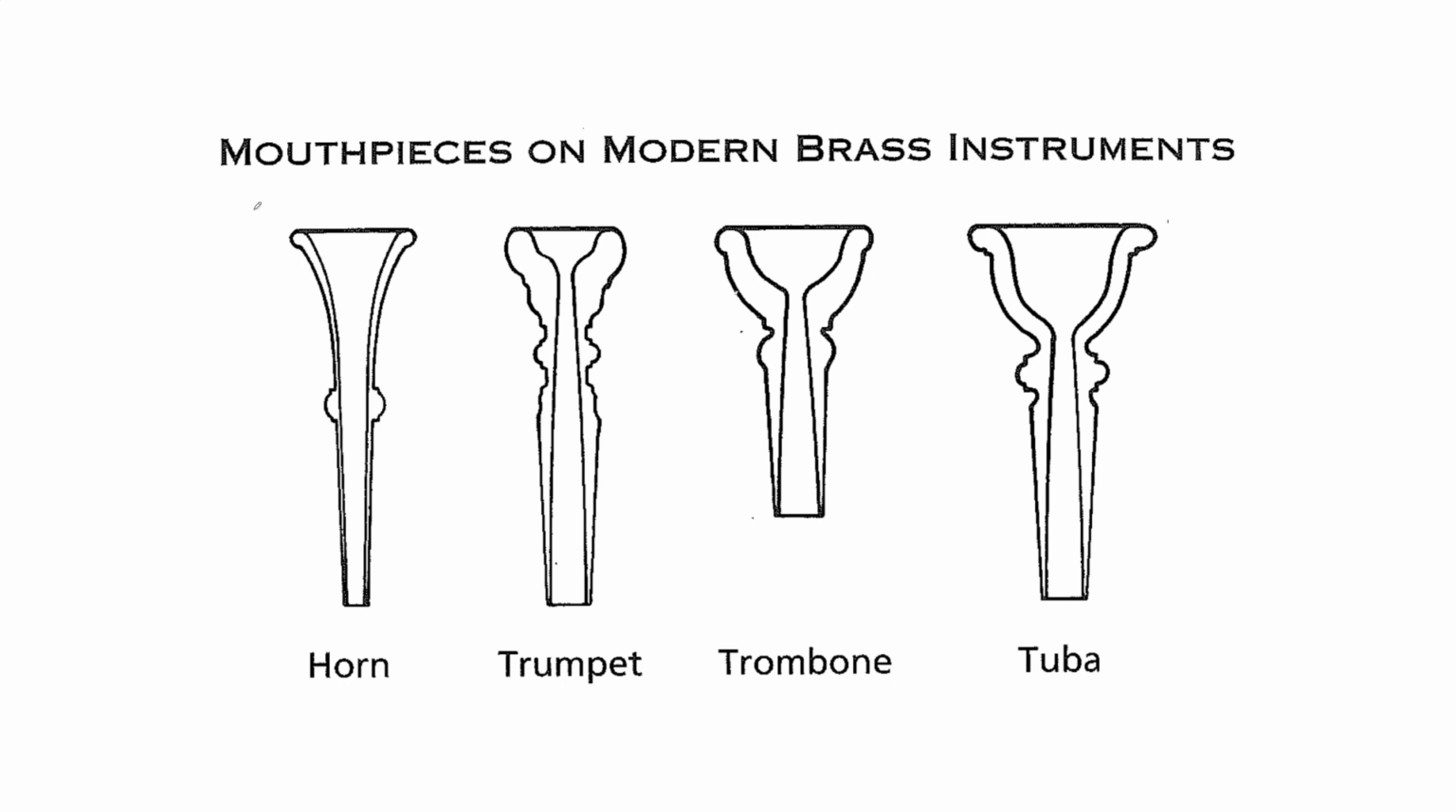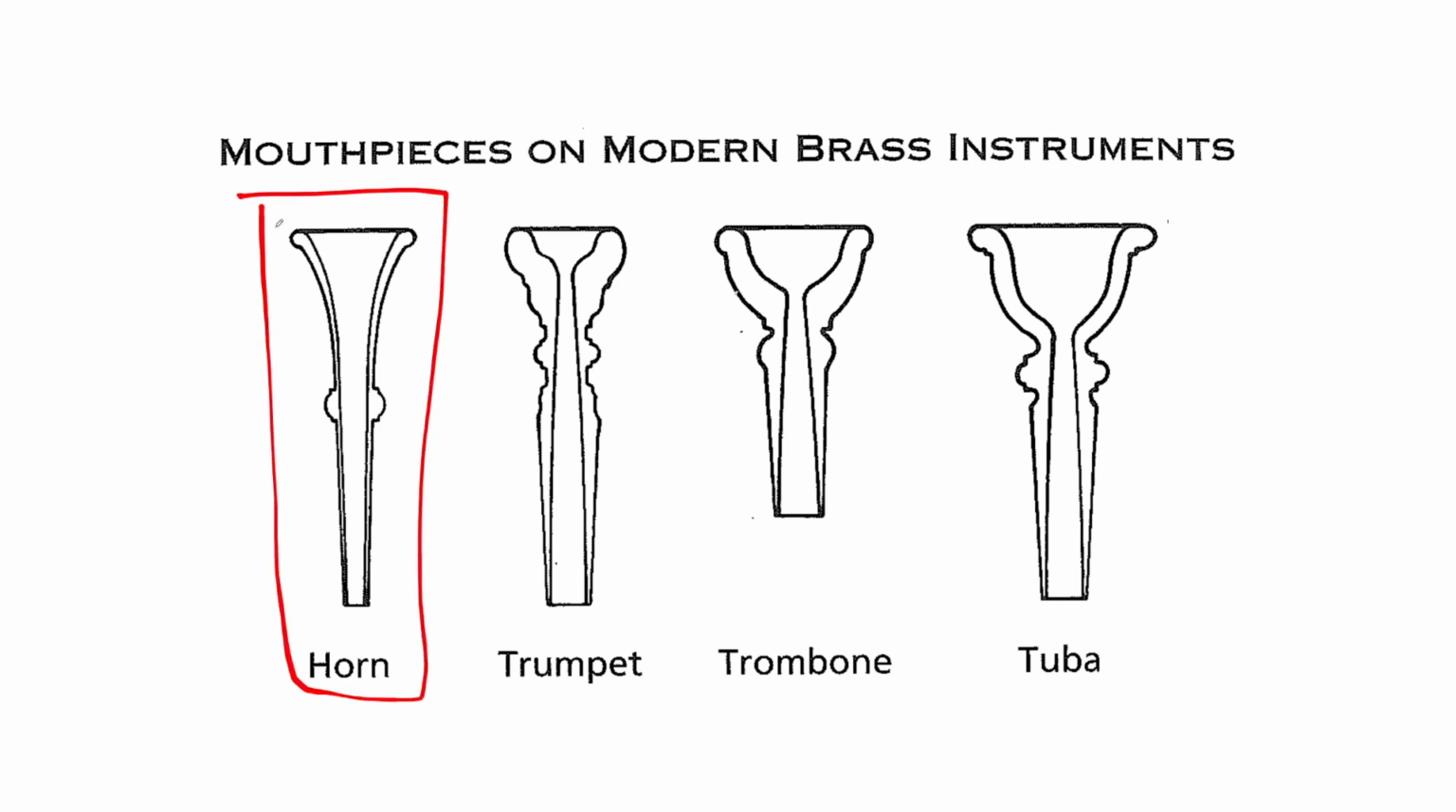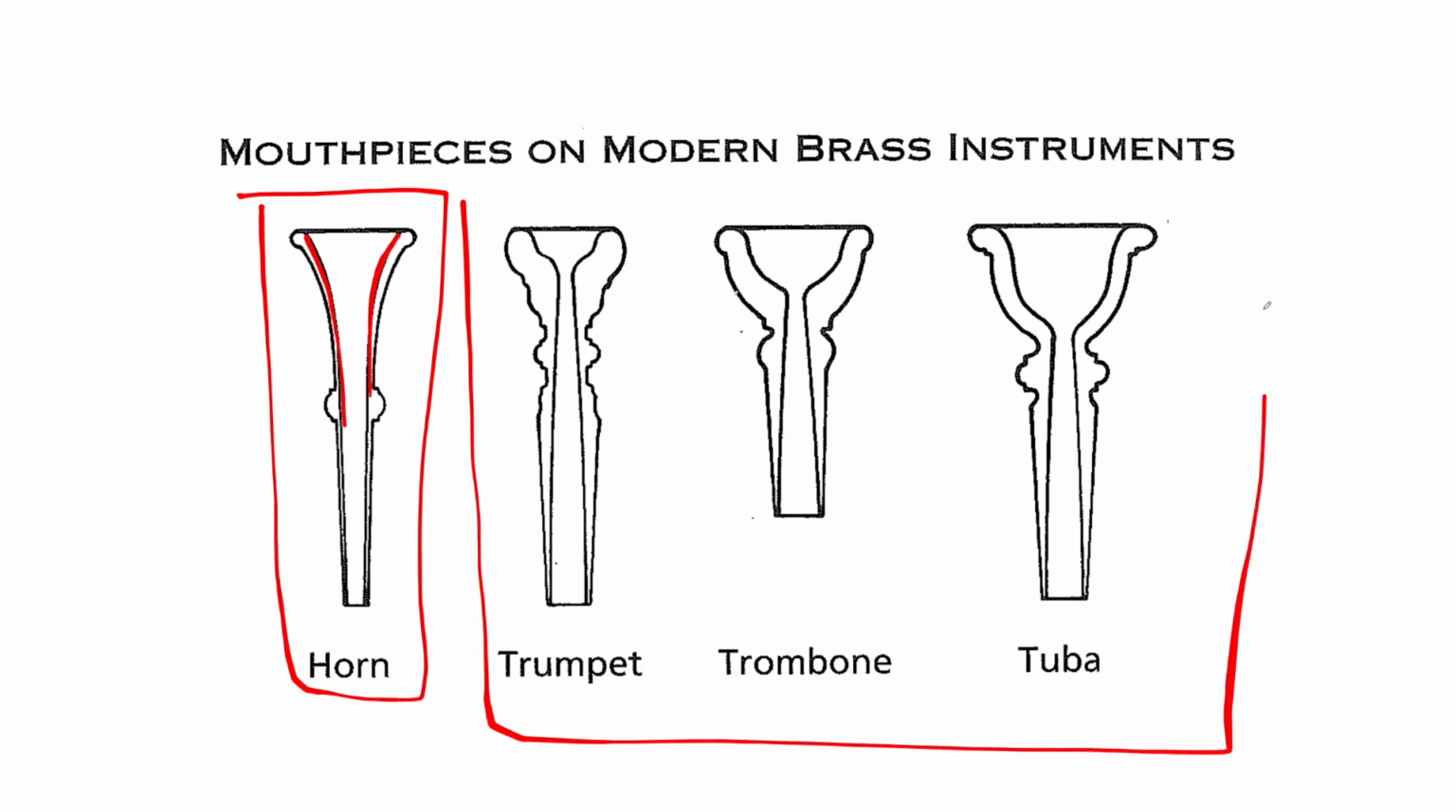This is the mouthpiece of the horn, and you see it has a funnel shape without any edges. But if you look at the mouthpieces of other brass instruments, you will see they have a cup shape and they have some edges. That means the air